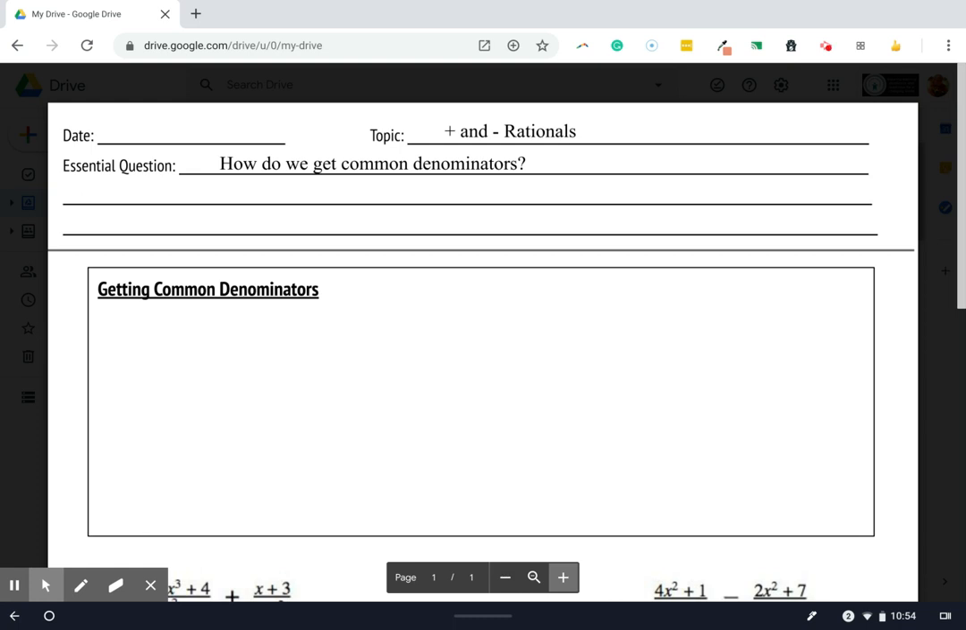Hey guys, we are looking at how we can add and subtract these rational expressions. And the key piece here is we are going to be looking for whether or not we have common denominators. That's going to be kind of a key requirement to doing these problems. And in fact, we must have common denominators